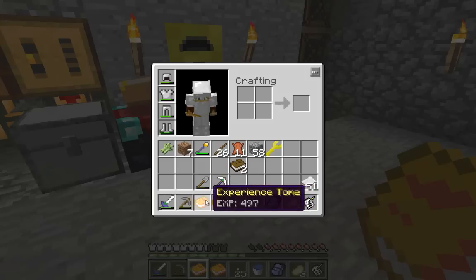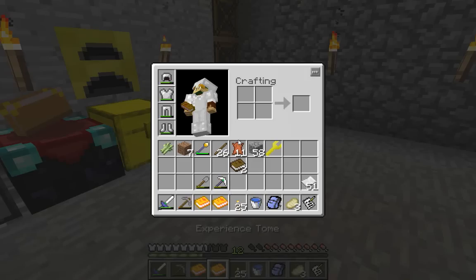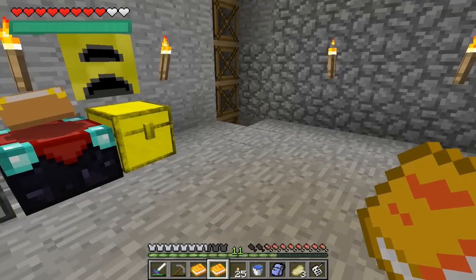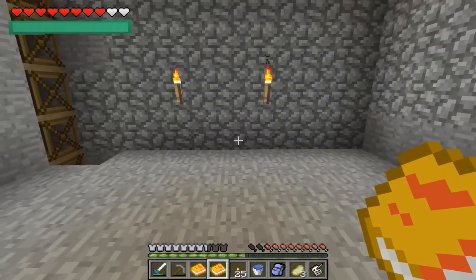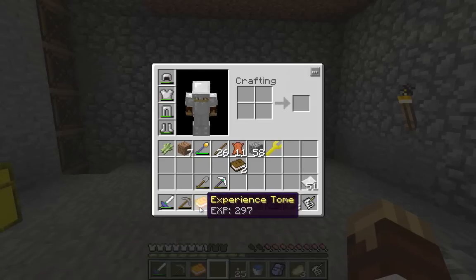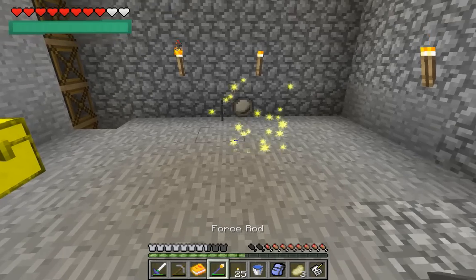Let's see, I'm going to need, I want to say 2, so I need to pull out some experience. Just clicked 20 times, and 20 times there. Now I have 200 experience in this tome. I'm going to drop that one on the ground, the one with exactly 200 in it, and I'm going to transmute that guy,